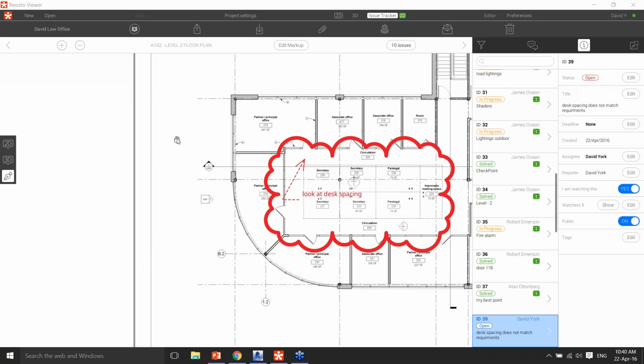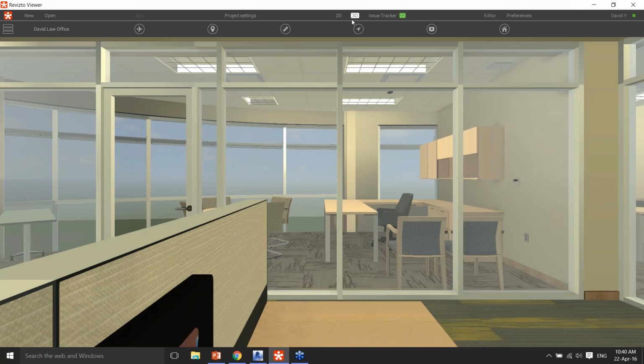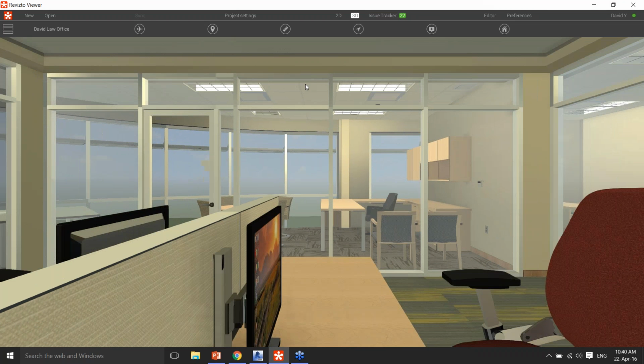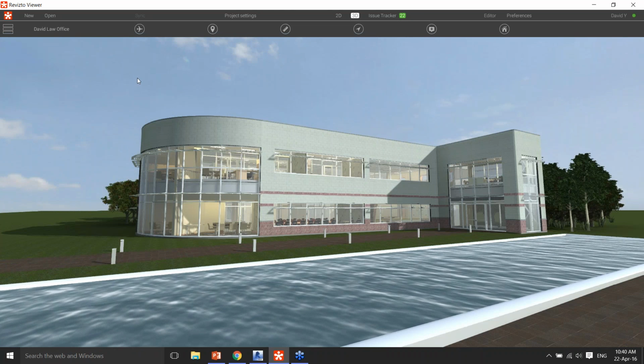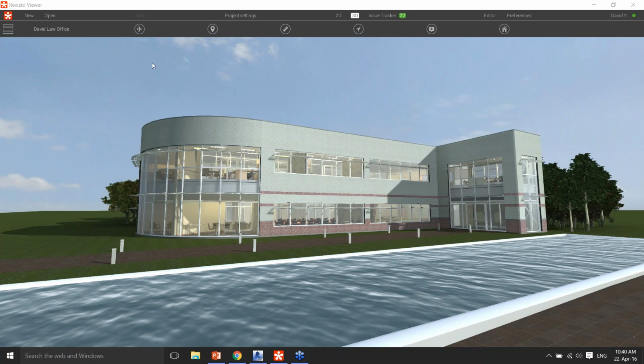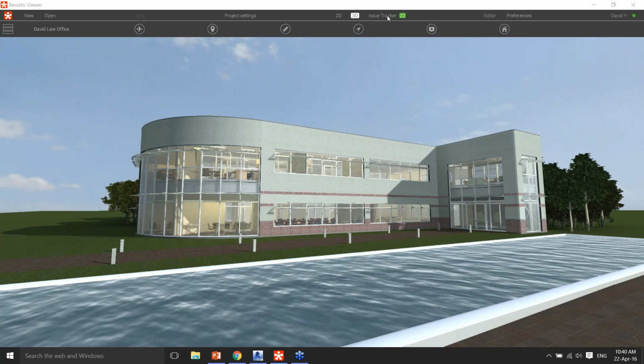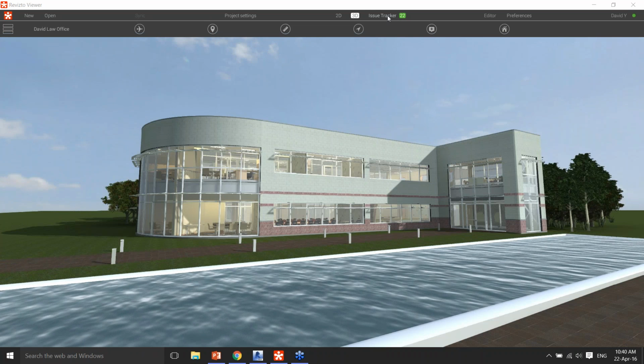On the right hand side, you will see the issue trackers come up. So if I go out of my 3D drawing, I go back into that space, I can click the home button, I can go back to the start of my design, I can move, you can still continue interrogating. But if I want to go back and I want to view the issues, I can click my issue tracker,